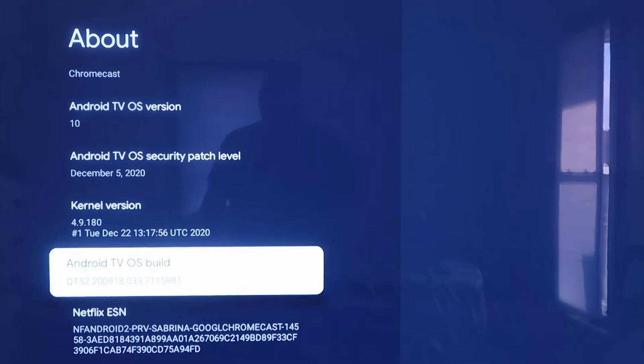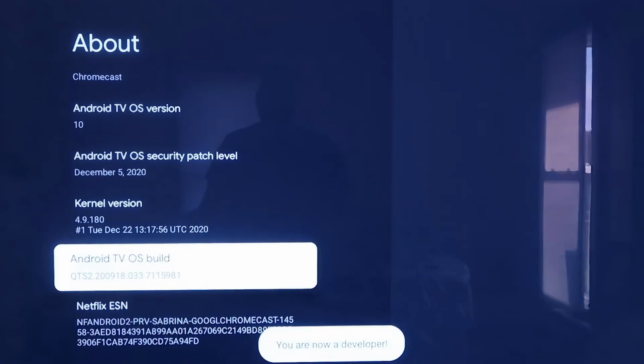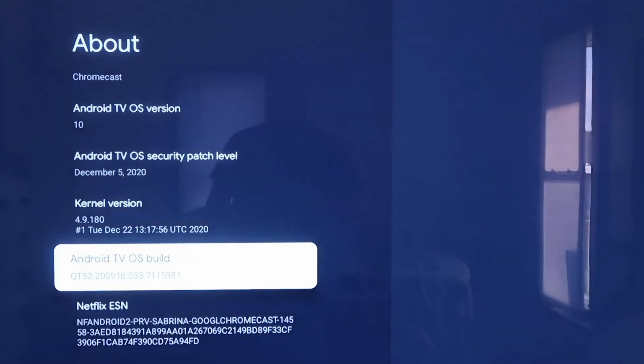If you click on it once, nothing happens, but you're going to want to click on this thing 7 times. So 1, 2, 3, 4, 5, 6. Okay, it's 7. And then as you could tell when you were clicking on it, it does tell you how many more times to click on it to make anything happen. Okay, so what this did is it put us in a developer mode, or it says you are a developer. I'm not quite sure the technical term there, but now from here, you're going to click on the home button